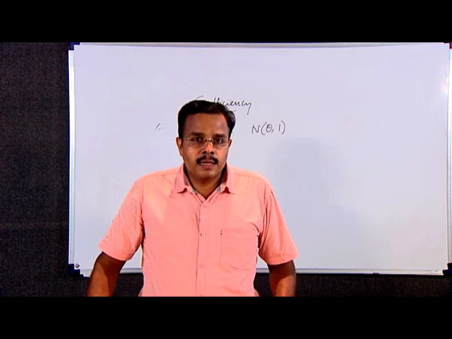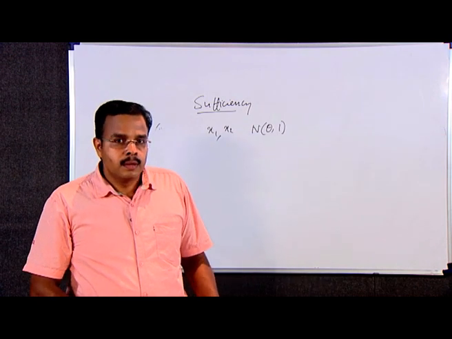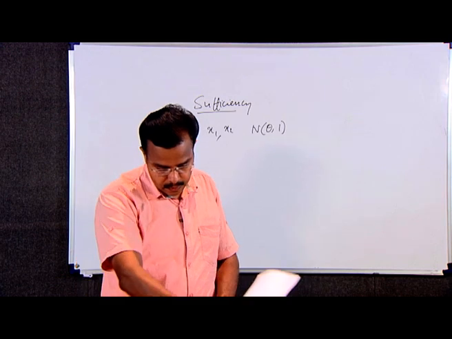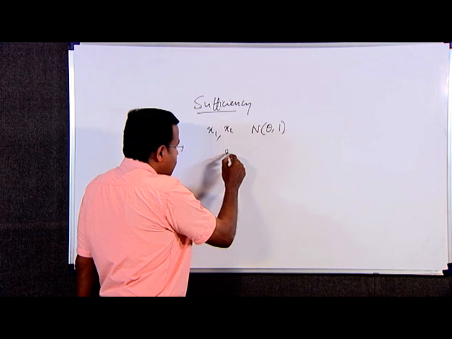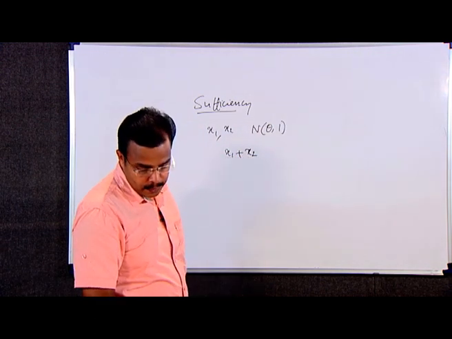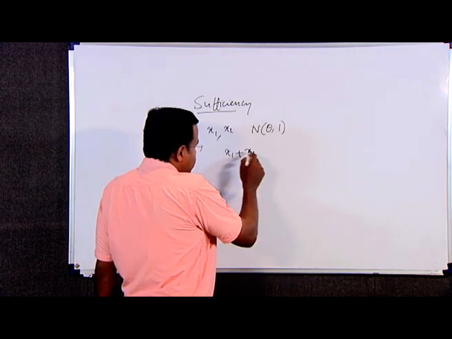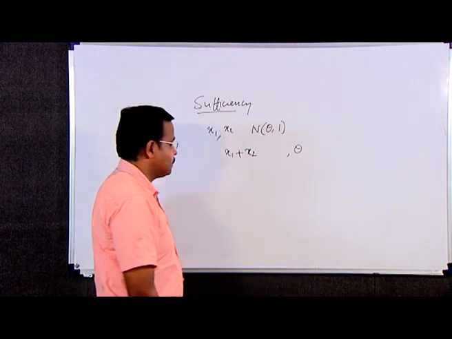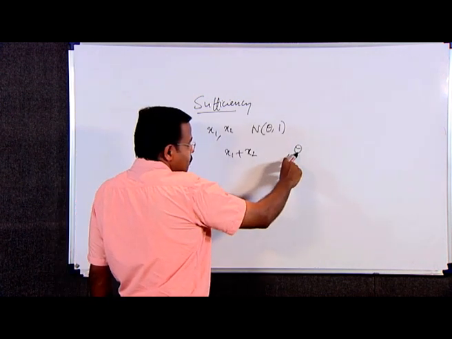Then consider the statistic x1 plus x2. And we can establish this x1 plus x2 is a sufficient estimator for the parameter theta. To establish x1 plus x2 as a sufficient estimator for the parameter theta